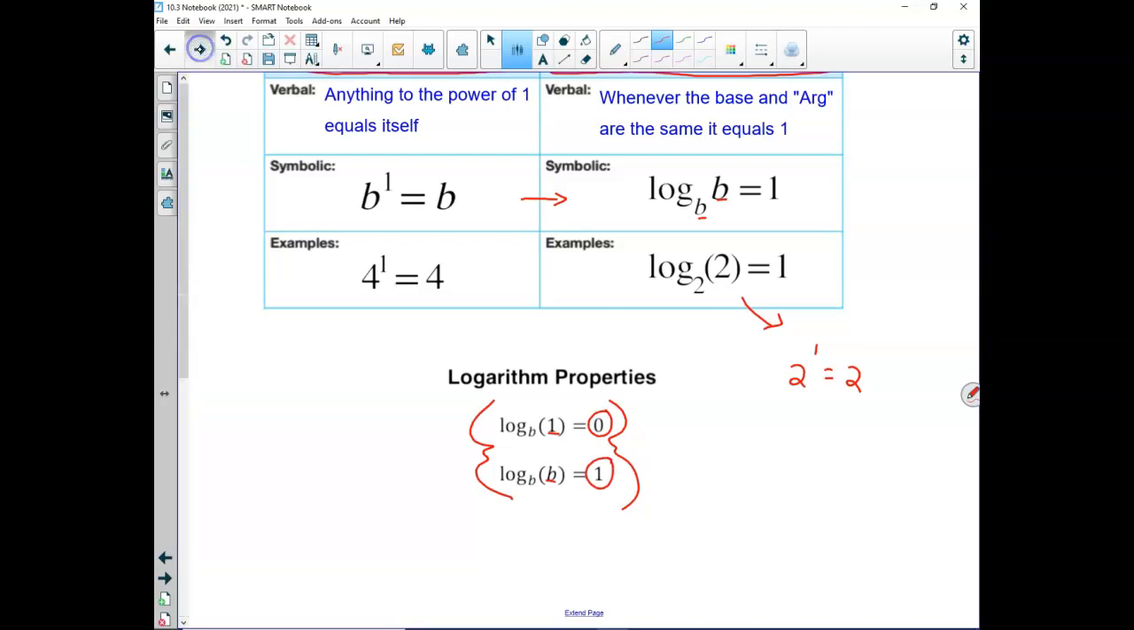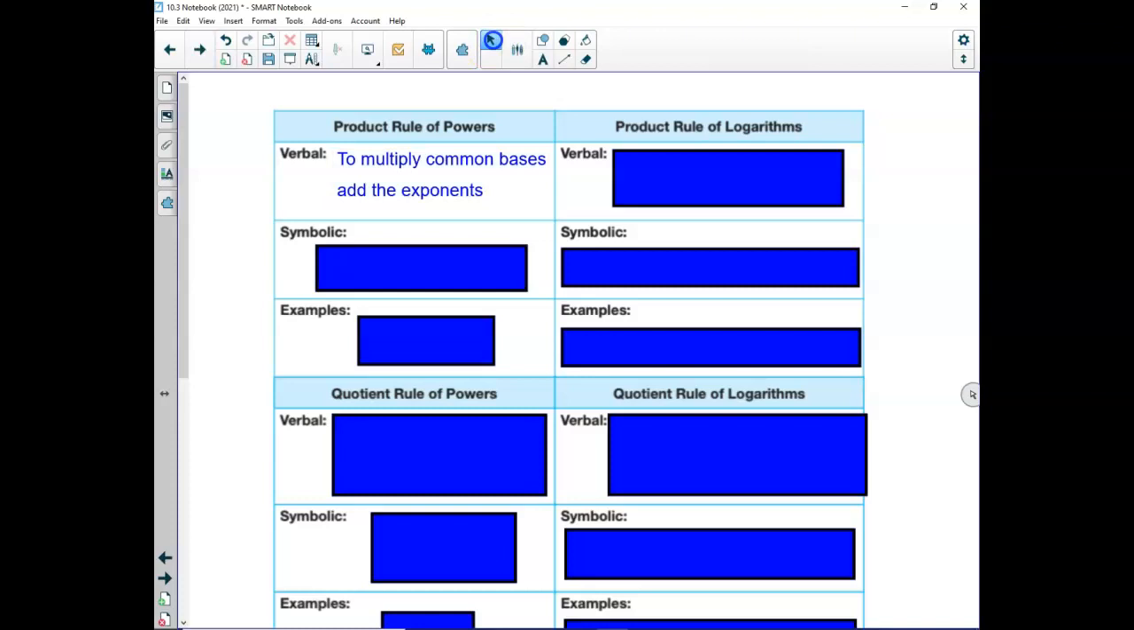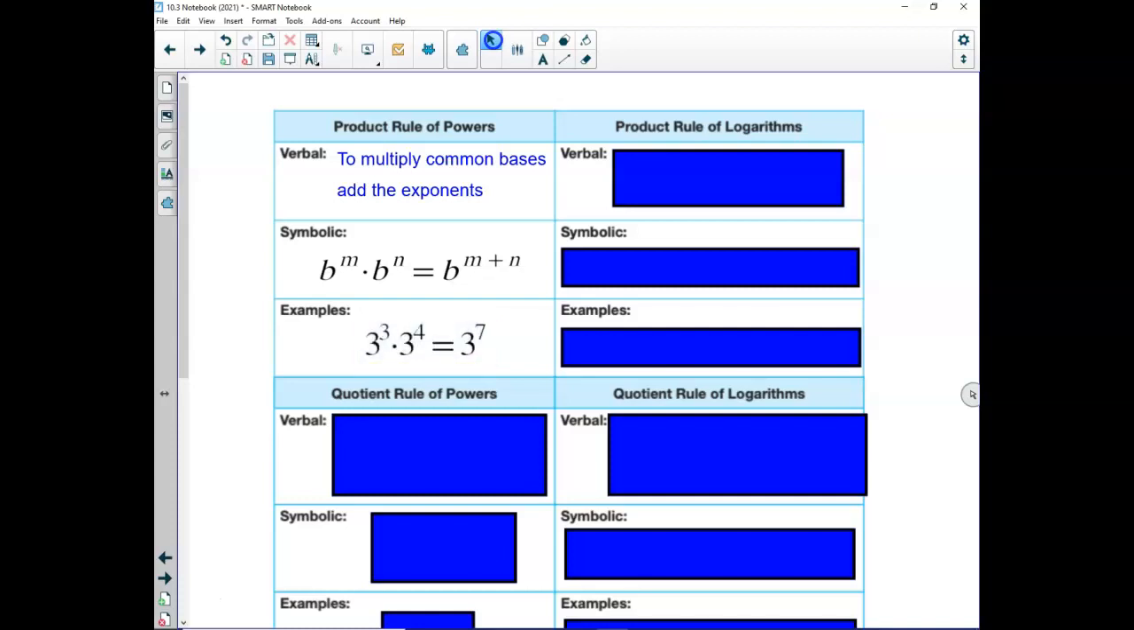Let's keep on moving here, because now we have the product rule of powers. What does that mean? To multiply common bases, you add the exponents. b to the m times b to the n equals b to the m plus n. If they are the same bases, you add the exponents. Example, 3 to the third times 3 to the fourth equals 3 to the seventh power,